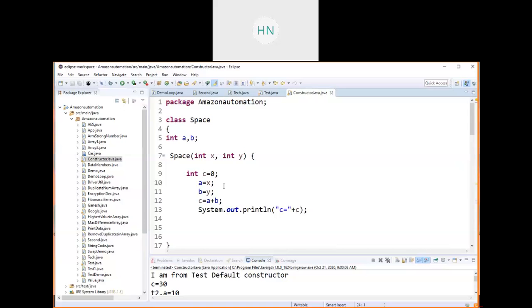There is one more concept regarding constructors: the overloaded constructor. Overloaded constructor is one more concept. So what is the overloaded constructor here?